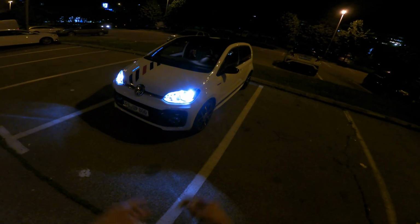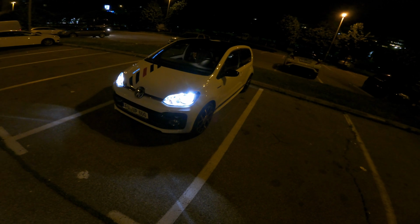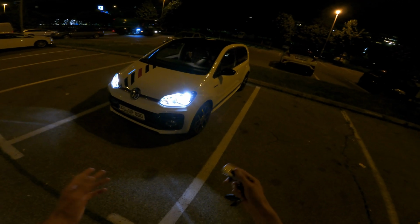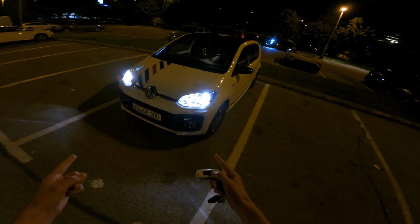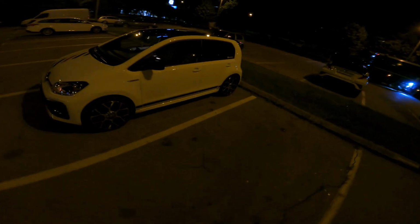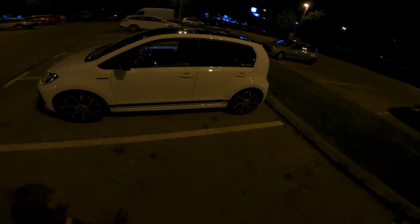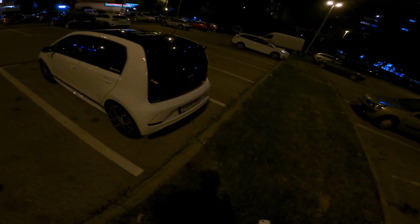You can see the front lights have been upgraded. These are H4 Awesome, so they have more of a white tone. You can see the standard daytime running lights. Now if we come to the side of the car, we're sitting on 17-inch alloys. The ride is a bit lower than the standard up. And then if we check the rear,